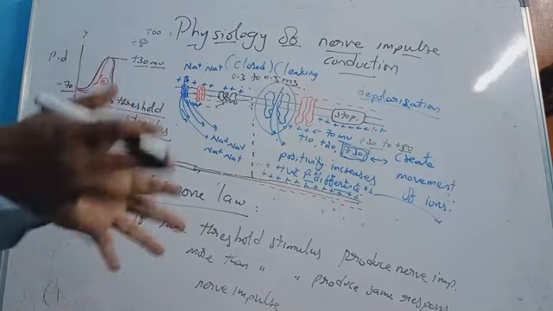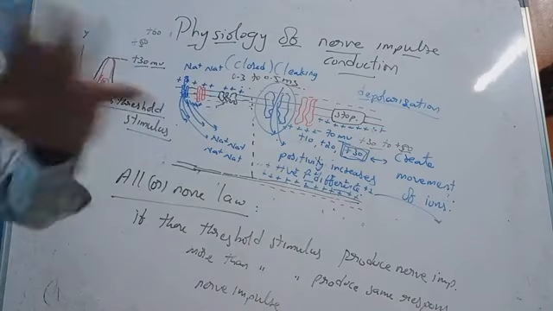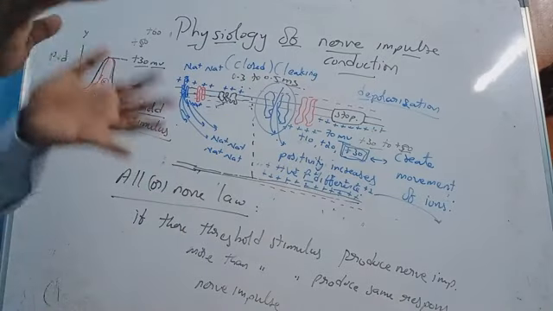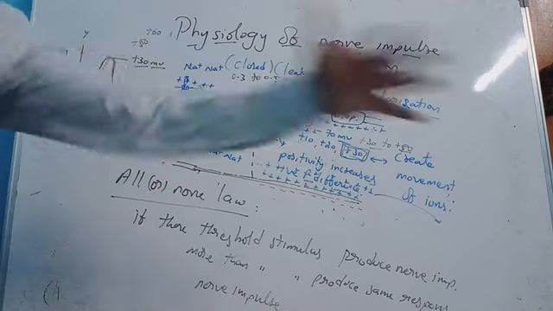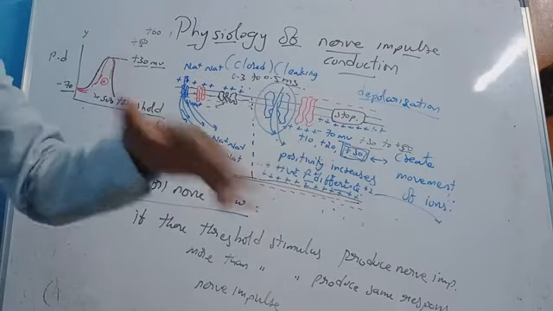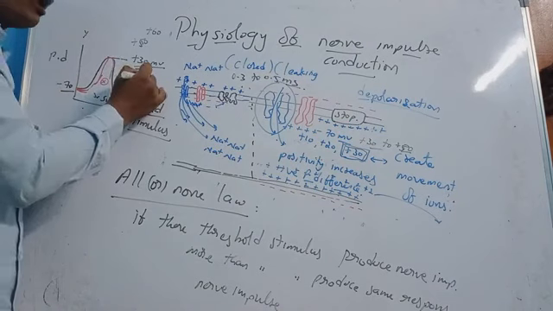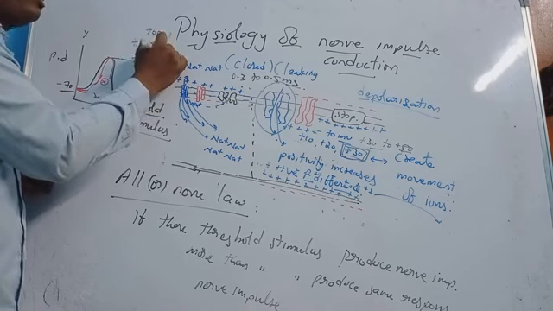So that minimum action potential is required. If it crosses that, it's the same. It's not different. You might think we have got a bigger one, so we should produce a bigger nerve impulse. No, not like that. Once it crosses the threshold, it will give you everything. At plus 30, it will give you everything. At plus 40 also the same, plus 50 also the same. It will not say I got only plus 30, so I will give only half of the nerve impulse. I got plus 50, I will get the full nerve impulse.